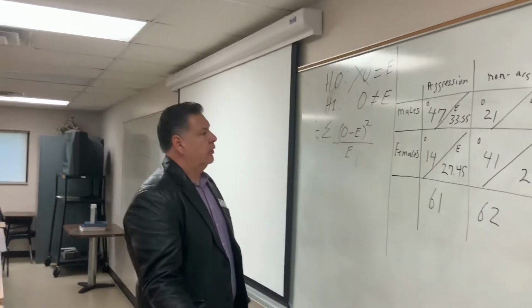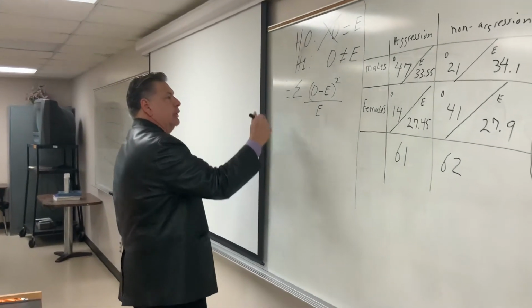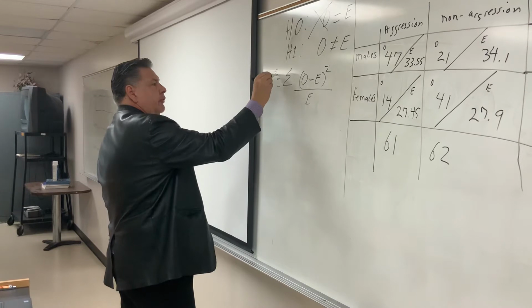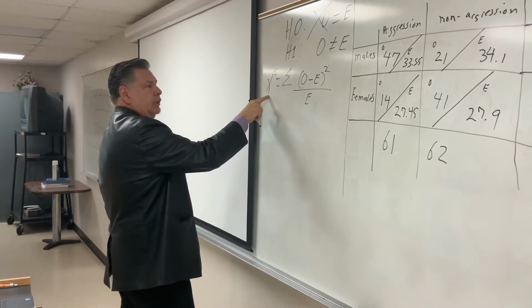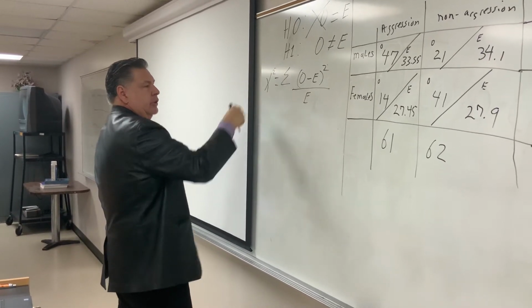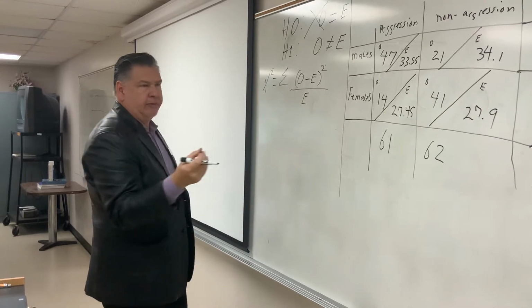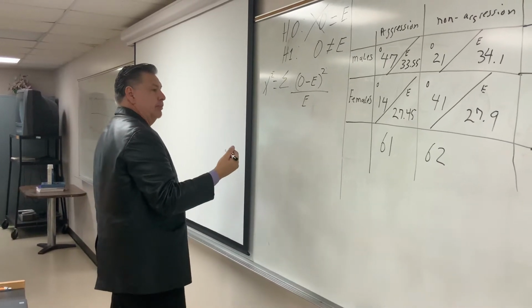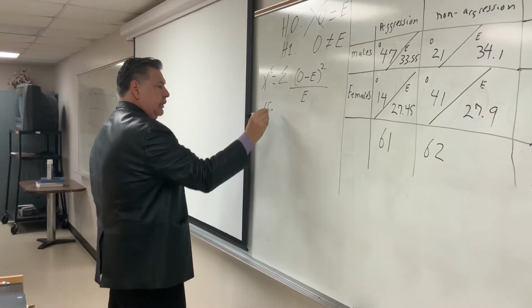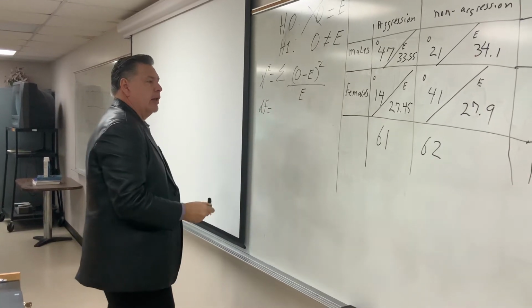So now I'll explain what we're going to be doing here. The symbol for chi-square is like a goofy looking X squared. So we have to find our degrees of freedom next. So I'll find my degrees of freedom, and I do that by